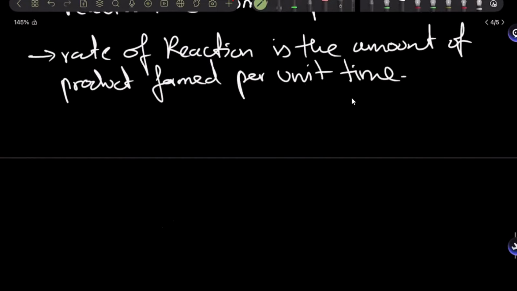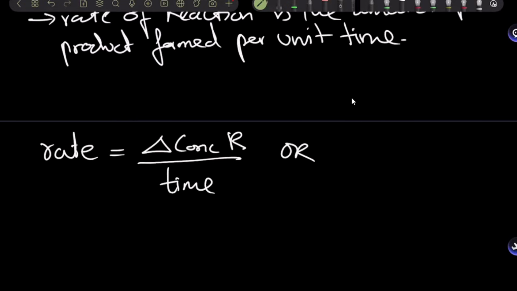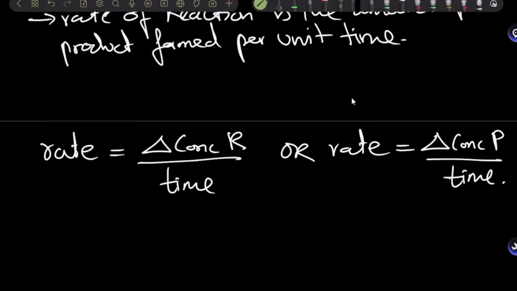All right. So rate has two equations, or you can use two methods to calculate rate. It's either the change in concentration of reactant per unit time, or you could also say that rate of reaction could be the change in concentration of the product formed per unit time. And by per unit time, I mean per minute, per second, any unit for time that you want to use. So it would be per minute, per second, per hour, whatever unit is suitable for the